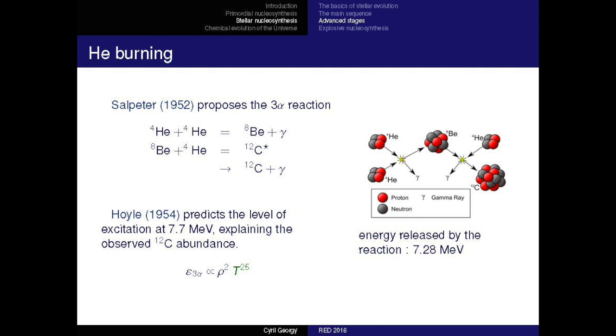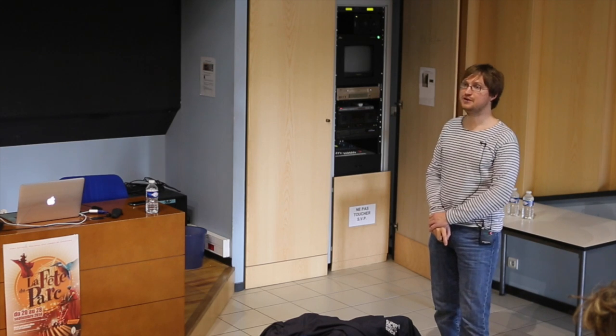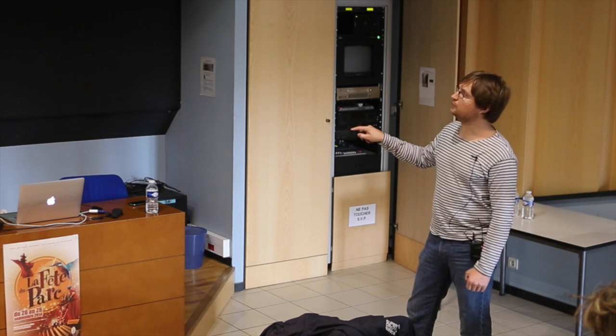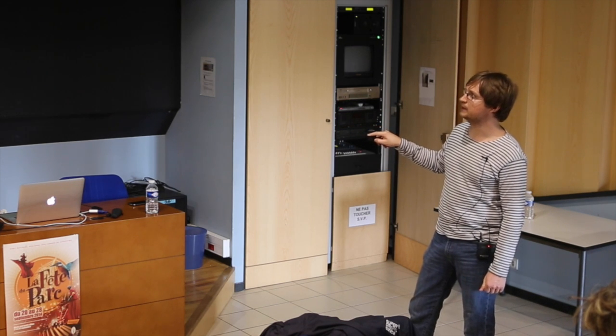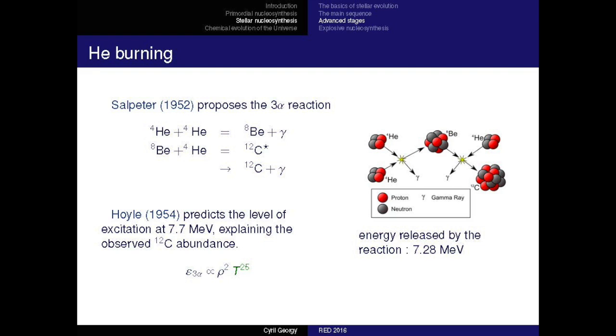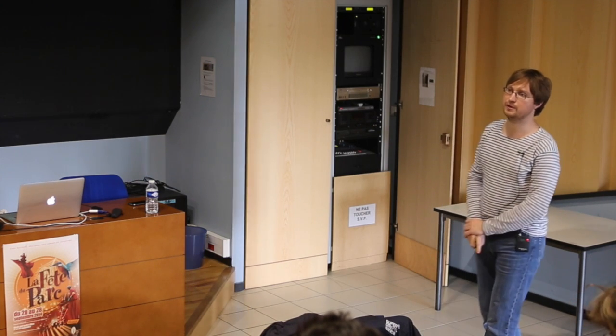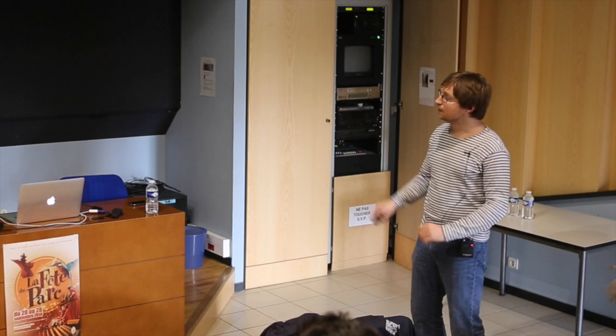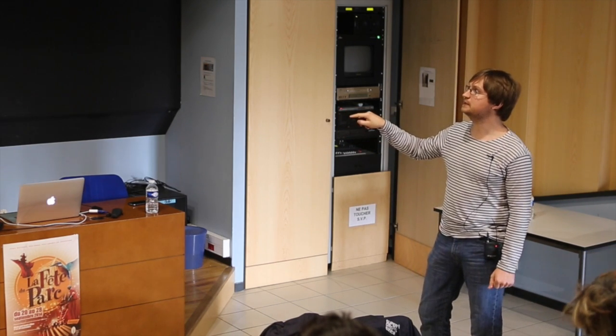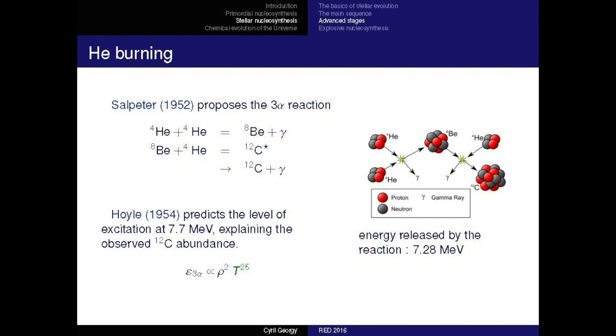That is very fast. So this is a kind of miracle that occurs in nature because the carbon-12 has an excited level that is very close to the sum of the mass of these two elements here. And that increases quite a lot the probability of this reaction. And it is Hoyle in 1954 that predicts this level excitation at 7.7 MeV for the carbon to explain the observed carbon-12 abundance in the universe. So this resonance here eases this reaction and allows the triple alpha reaction to take place in